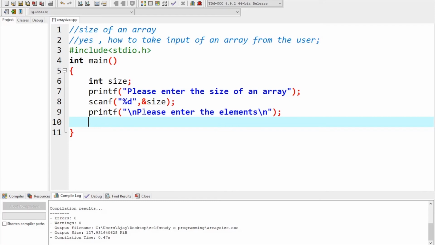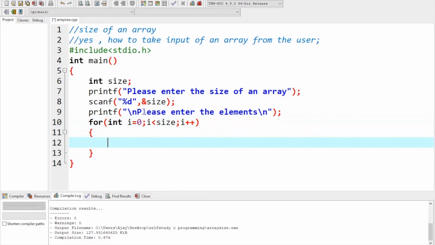So how do we scan those 2 or 3 elements at a time? For this we can use a for loop: for int i equals 0, i less than size, i plus plus. I'll explain what this loop will do, but quietly watch this. What I'm going to do is call scanf, percentage d comma ampersand,